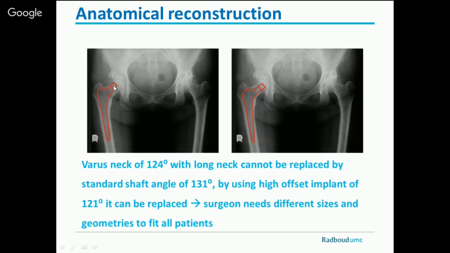So he cannot reconstruct the anatomical center. So he will choose another geometry of implants, which has a smaller neck angle of 121 degrees, and with a bigger offset. So now he is in the right ballpark